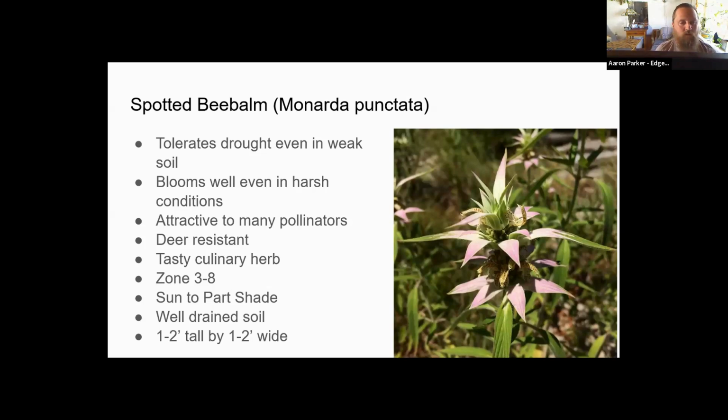And even when we had a pretty historic drought a few years ago, this plant was still blooming and was absolutely loaded with pollinators, because everything else was just like crispy and couldn't produce nectar in those really harsh conditions. So spotted bee balm is really lovely for that. Also deer resistant, also a really nice culinary herb. Kind of tastes like halfway between oregano and basil. Makes a great infused vinegar, and it really has